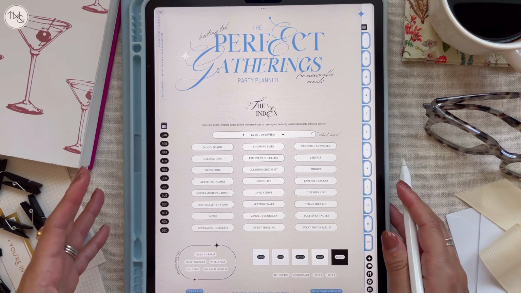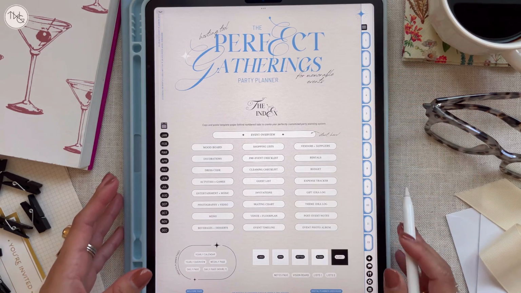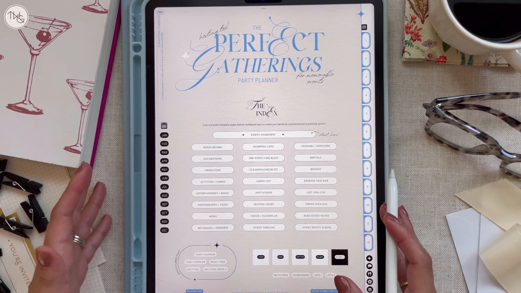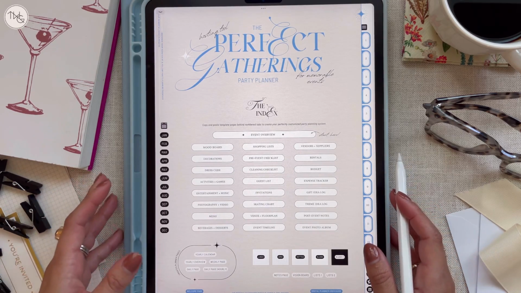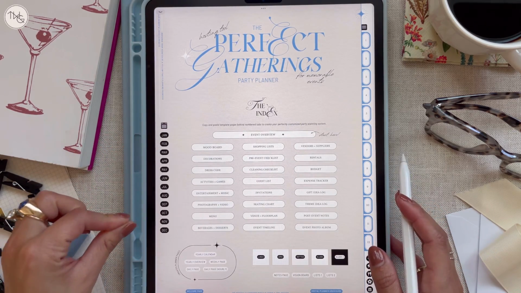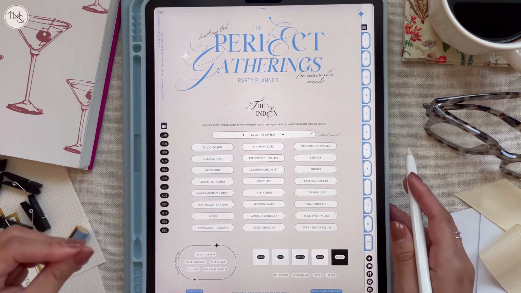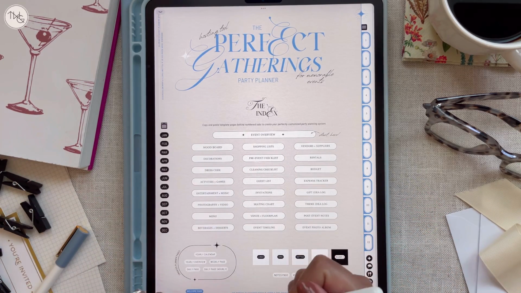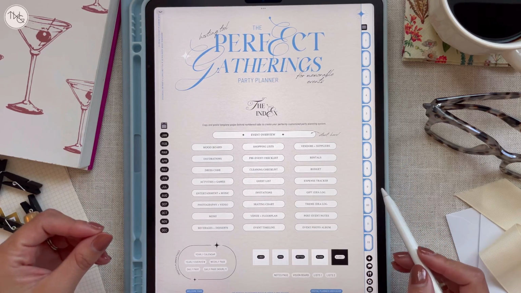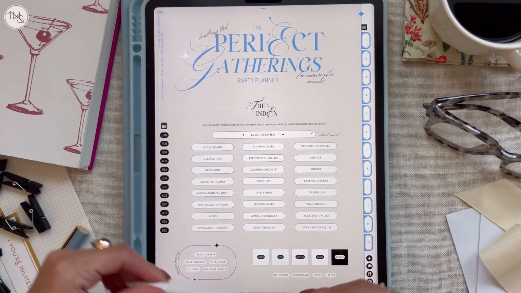Another way to use this planner is to use the tabs as a monthly, weekly, and daily planner. However, it's not the ideal way to use this because, like I mentioned before, these monthly, weekly, and daily page templates are not hyperlinked, so it's not going to act as seamlessly as a regular digital planner would, but if that method does make the most sense for you, I wanted to also accommodate for that,